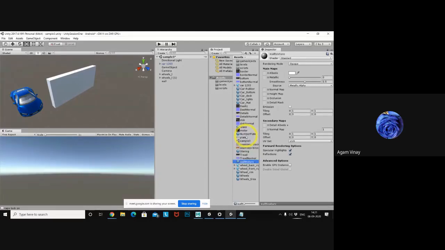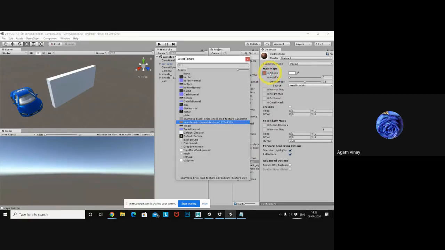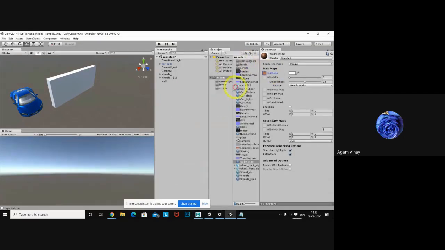As soon as I create it, the material's properties look like this. In albedo I need to add the texture. So I'm dragging and dropping into the albedo, or directly you can select from here. There is a circle icon, you can click and add from the window also.